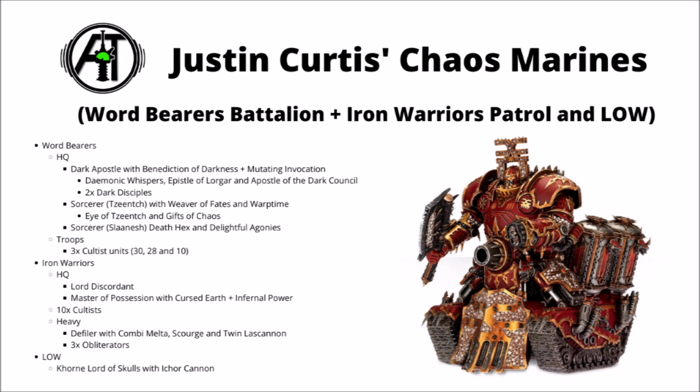Next up we have an entire Chaos Space Marine list. It's an unholy alliance between the Word Bearers and the Iron Warriors, and it was created by Justin Curtis. It seems to have done a really decent job of getting the most out of the trickery of both legions, in particular with a lot of stacking buffs being able to affect that Khorne Lord of Skulls, and the unit of Iron Warriors Obliterators. In the Word Bearers HQ section, we have a Dark Apostle with the Benediction of Darkness and